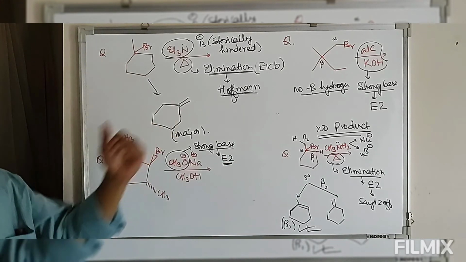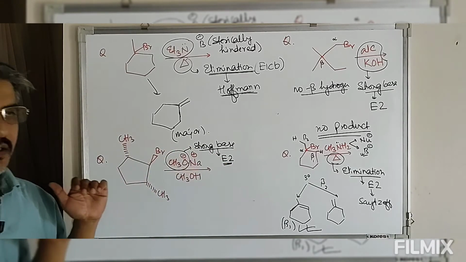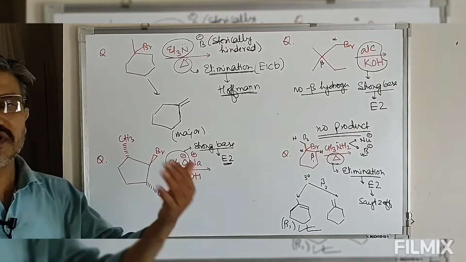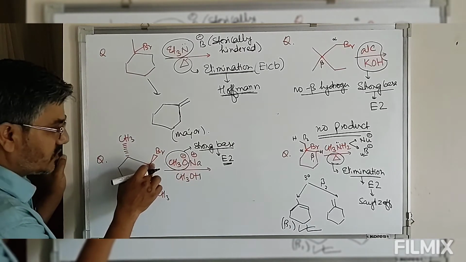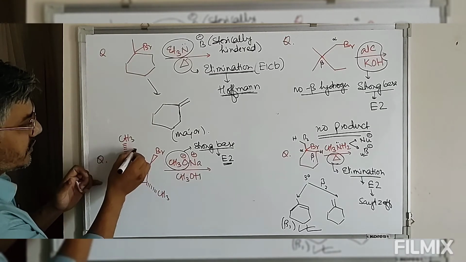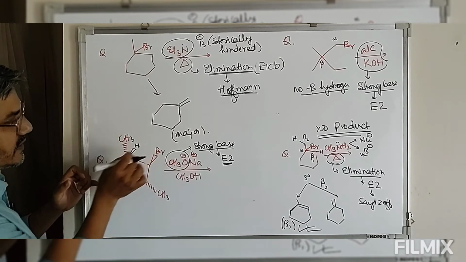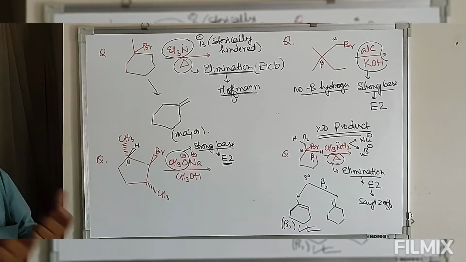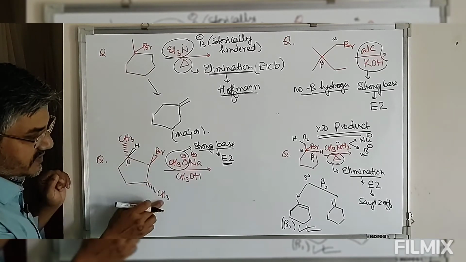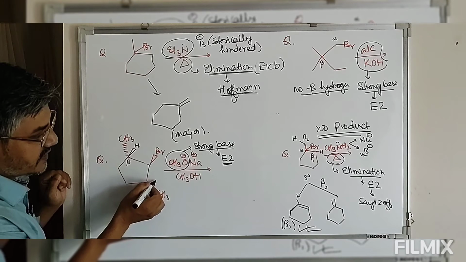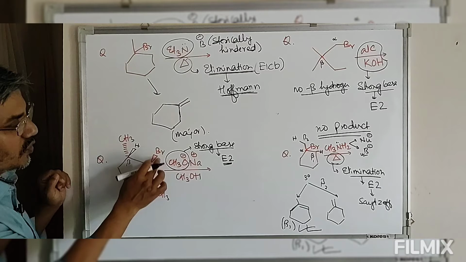Now we have seen a number of elimination reactions. The bimolecular elimination reaction says the beta hydrogen and the halogen which are to be removed should be opposite, that is anti form. Now if you look at this, this is the halogen, and we have the beta carbon. In this beta carbon, we have hydrogen. So the beta hydrogen and halogen are both on the same side. Same side elimination in E2 is never observed. So no elimination takes place on this side. On the other side, we have CH3, which is below the plane. There is a hydrogen which is above the plane. Again, Br and hydrogen are on the same side.